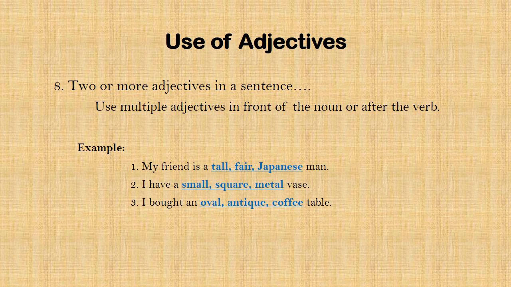However, multiple adjectives can also be used at the place of a subject. So, if there is a gap and the word near the gap is an adjective, you may have to use another adjective.